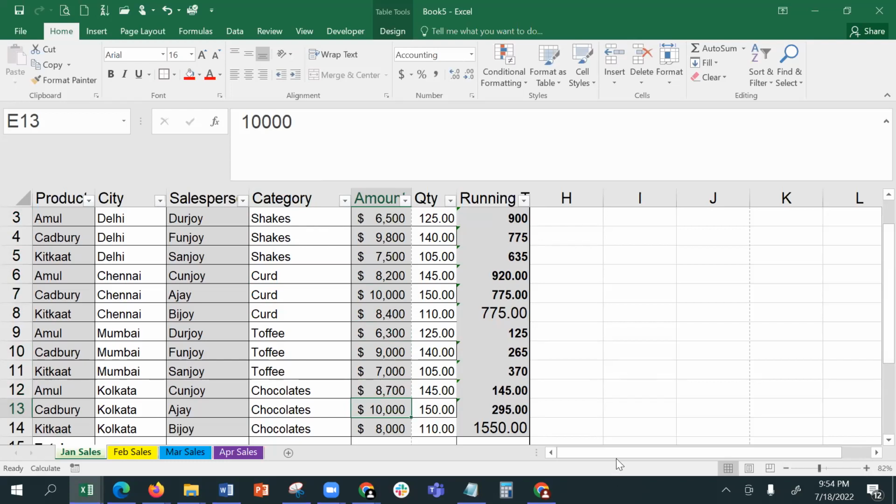All right, now see, if I have to see which are my highest values or which have the lowest values, then